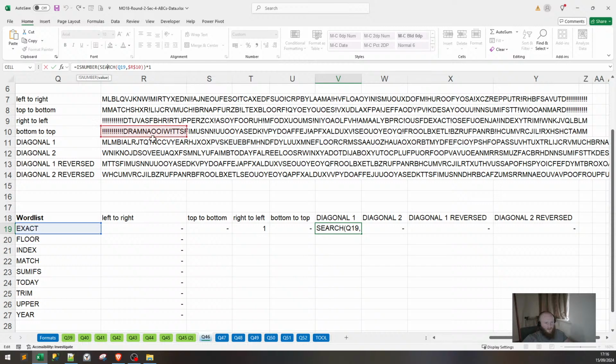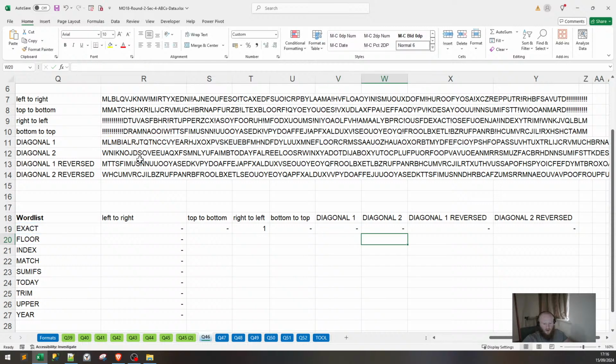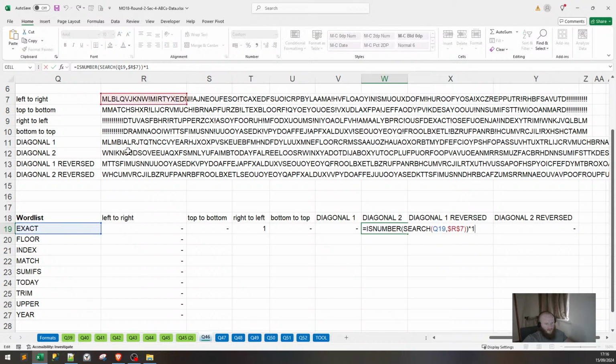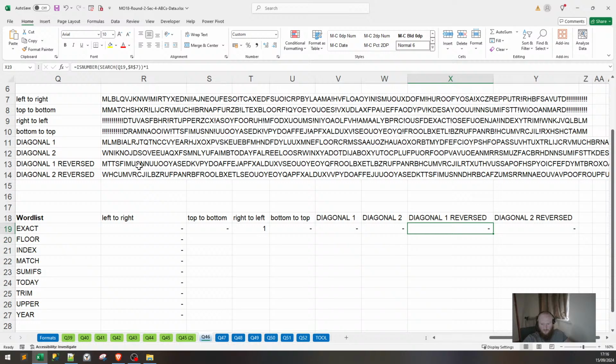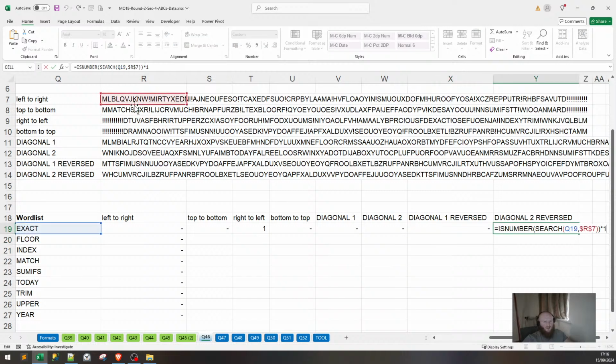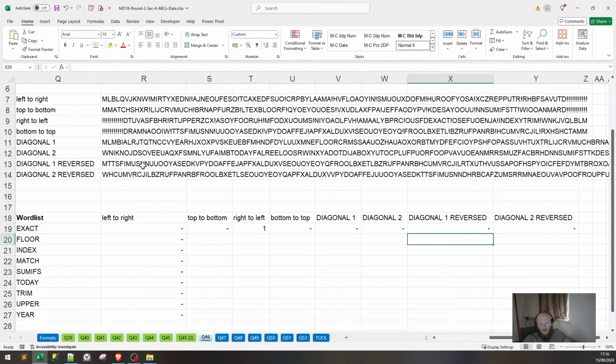Diagonal. Diagonal 2. Diagonal 1 reversed. Just so you guys know, I'm just popping in and clicking F2, and that pops you straight into the formula. Diagonal 2 reversed. It's getting so exciting now,